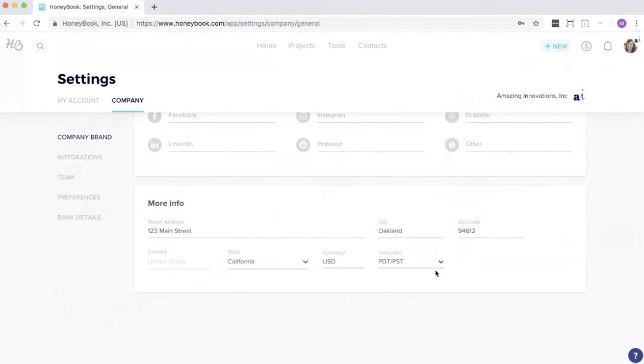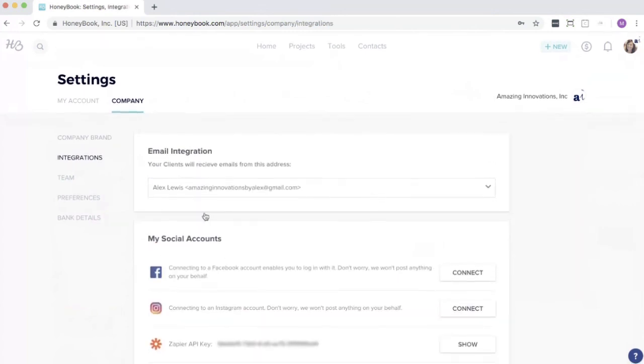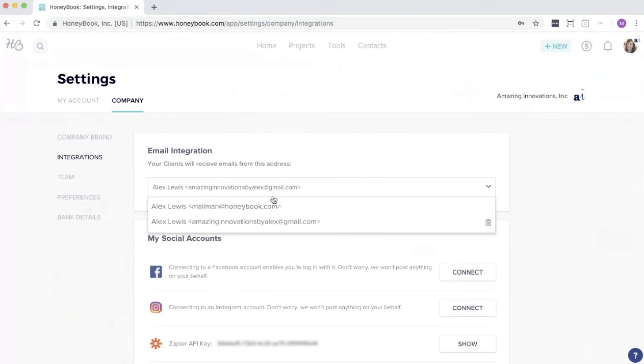If you are doing anything event-based or anything with times associated with it, and you're on Eastern and you're set to Pacific, it might get a little wonky, so make sure that this is set up correctly in your brand section. Next up, integrations. So you can throw in your social accounts if you want, and you can integrate with